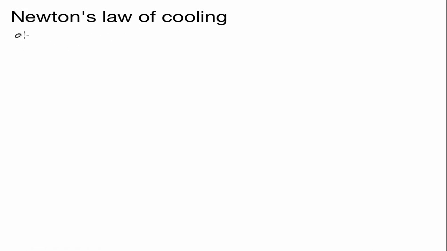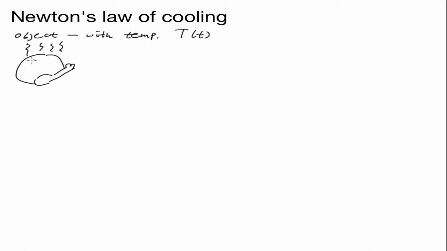So what we have here is an object, and it's going to have a temperature T of t. Okay, and the object, I'll just give an example of a turkey that just came out of the oven and it's hot. And it has a temperature T of t. Okay, so it just came out of the oven. We want to know, and the question then is, of course,